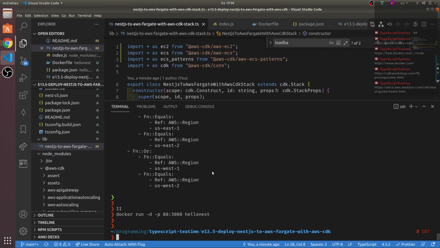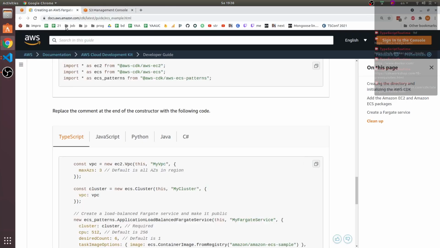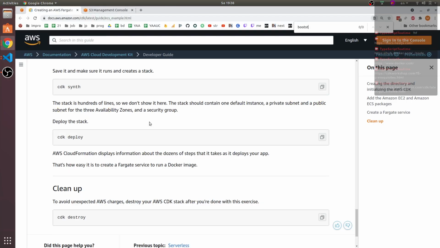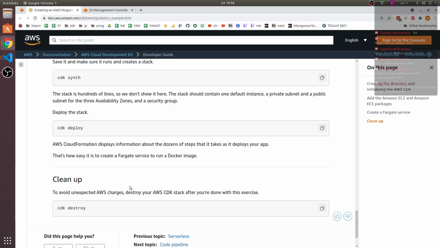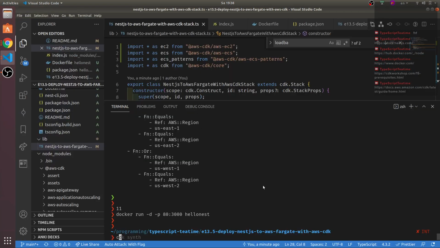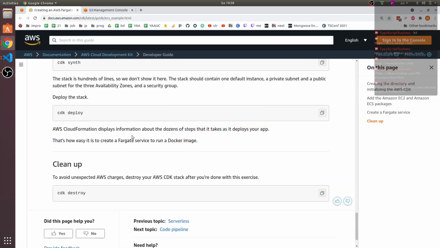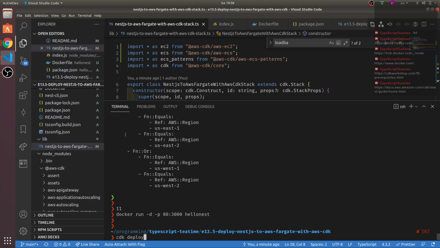One thing that I think I need to run is the bootstrap, which they don't have here. But I think we need it. Maybe it wants us to if we don't. Let's see, I'm curious, so let's try it. This would take a while. So either it fails immediately because we don't have the bootstrap done,